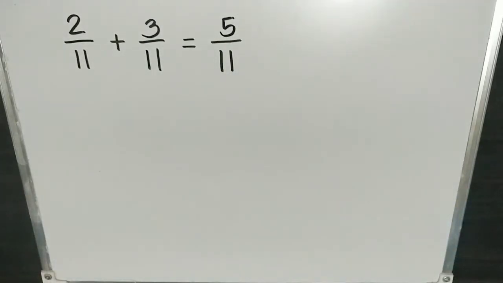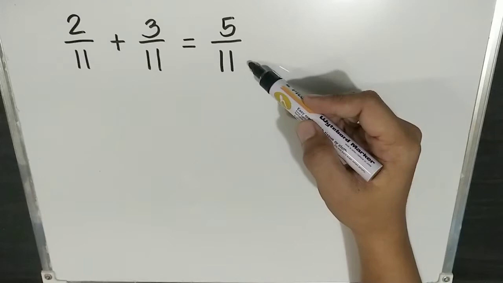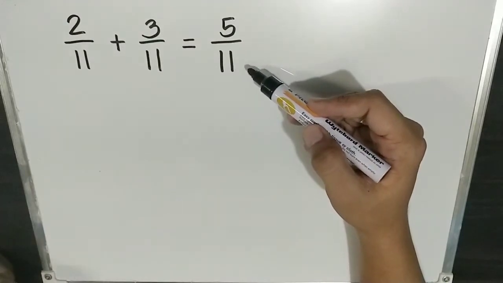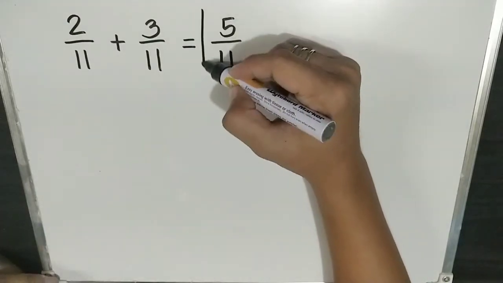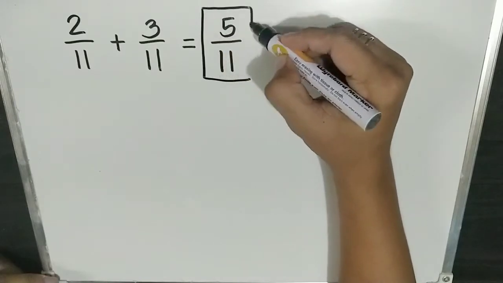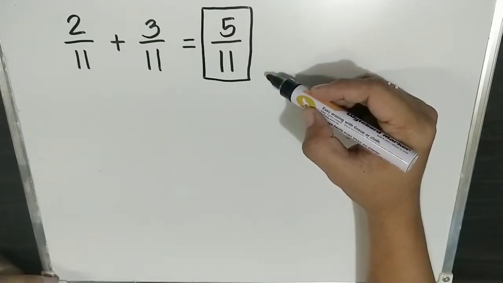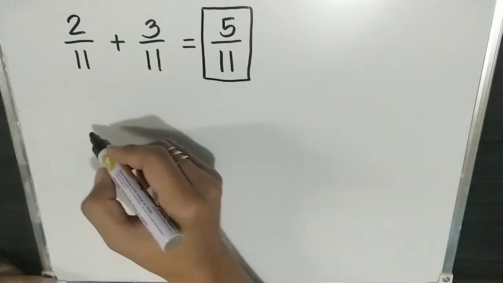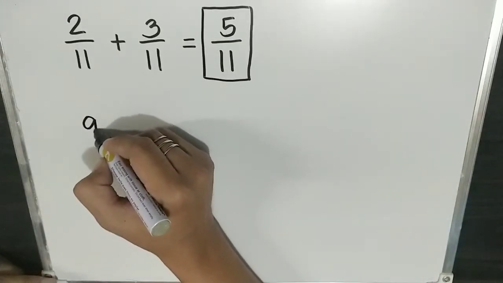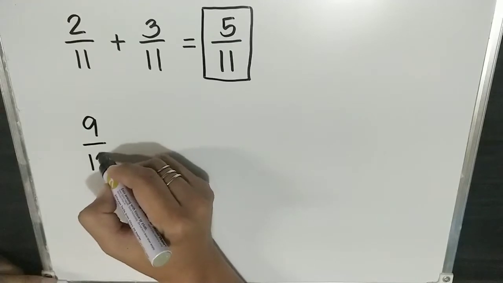Okay, so 5 and 11 have no common factors. Therefore, our fraction 5 over 11 is already in simplest form. So this is the answer. This is the sum in simplest form. Let's have another example. We have 9 over 12